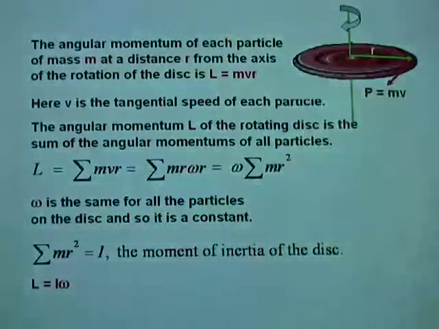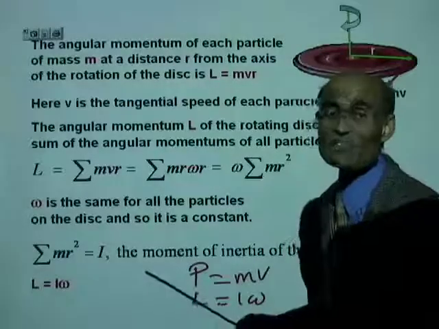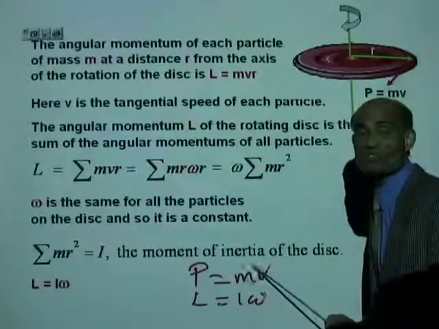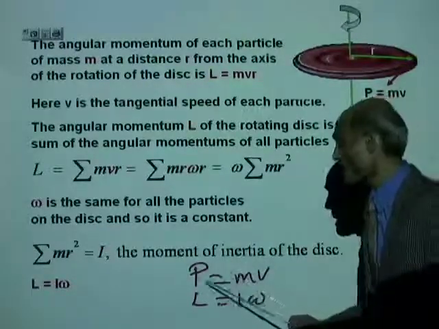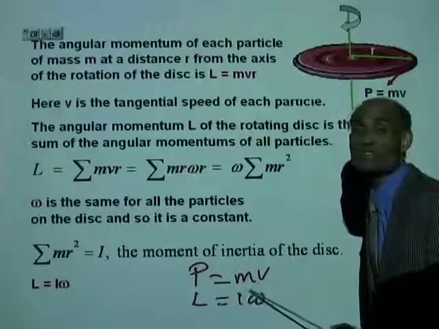Now, how does it compare with the equation for linear momentum? You know that linear momentum P equal to mv and angular momentum L equal to I omega. I hope now you are able to appreciate the parallel nature of this. The linear momentum P equal to mass times linear velocity, angular momentum L equal to I, the moment of inertia,